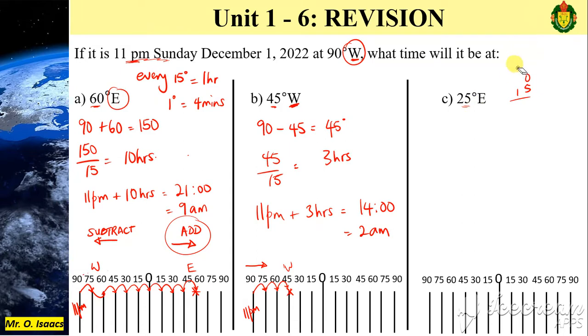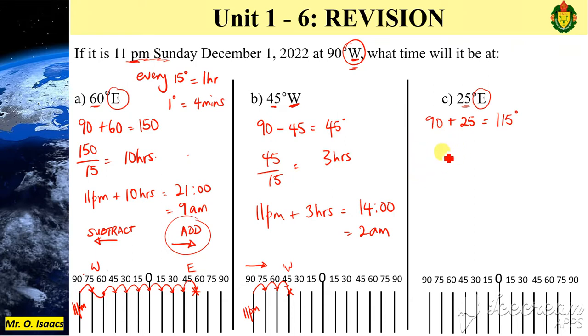So you apply the same principle that we had before. We look at the hemispheres, we see east, we see west. They're different, so we're going to add. So 90 plus 25, we're left with 115 degrees, right? So because we're left with that now, we're going to divide to see how much we can get into that 115,